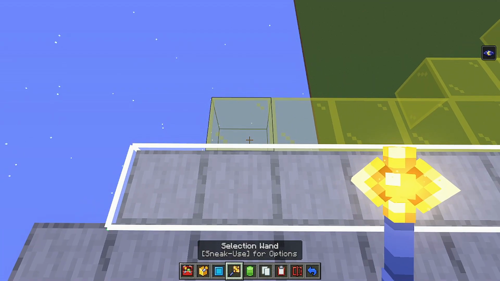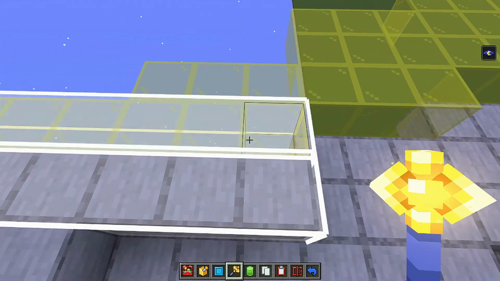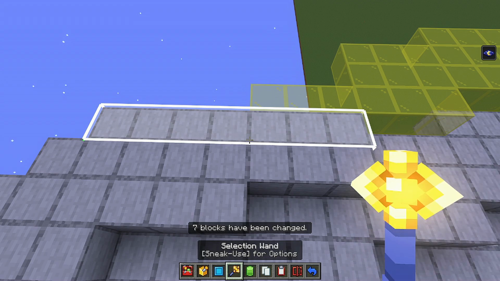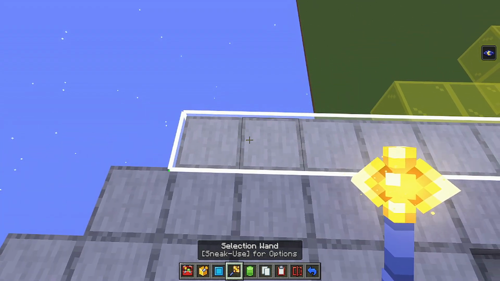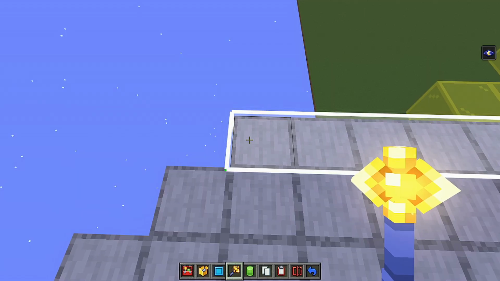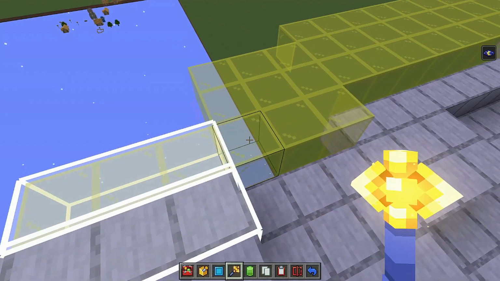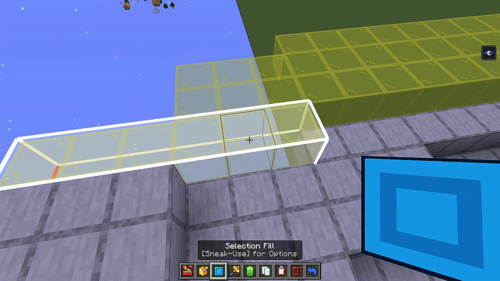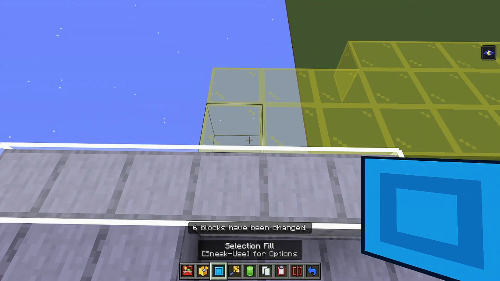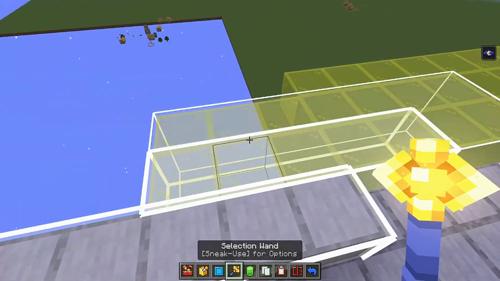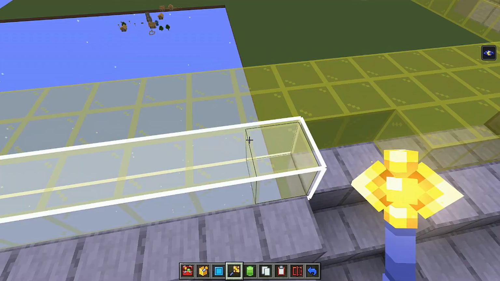Far left again, go in by 1, and it's going to be 7. Okay, so the next reference point is going to be, starting from the left, 1, 2, 3, 4, 5, forward by 1, and it's going to be 6 blocks going to the right. So let me fill that in. Okay, forward by 1, and in total it's going to be, go all the way across,